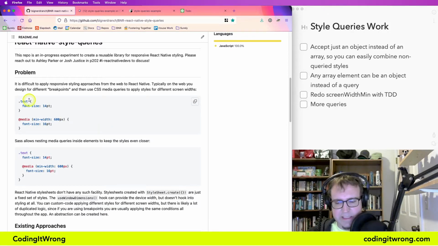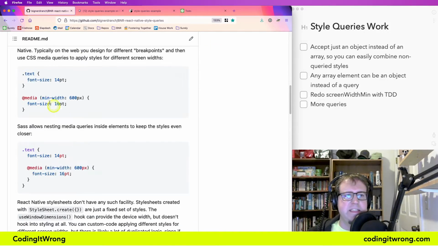So if you take a look at this, let me zoom in the font size. You can see some media queries you might be familiar with on the web that say, hey, if the font size is,